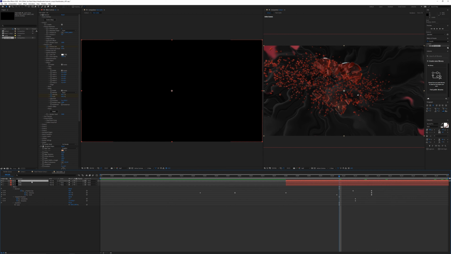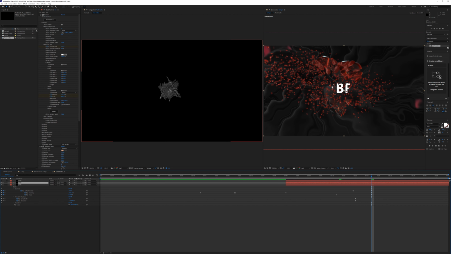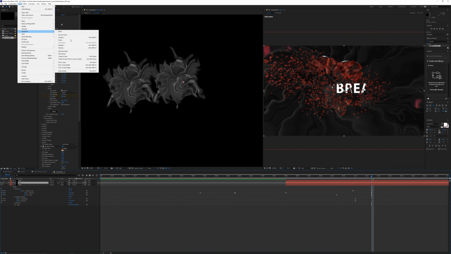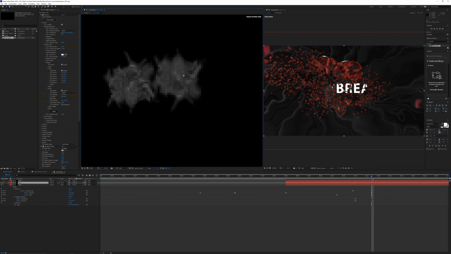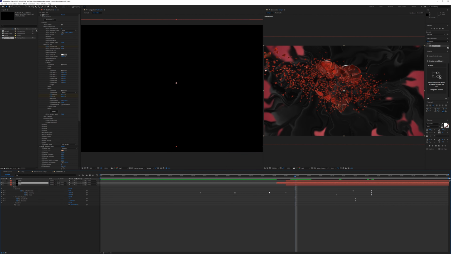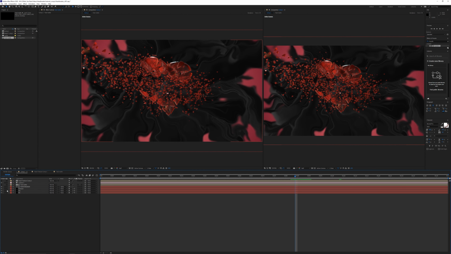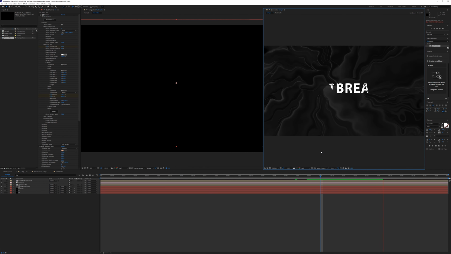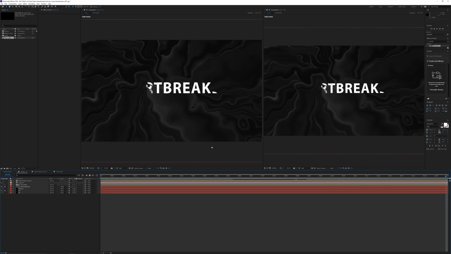Next, I'm going to duplicate this layer twice, and then we're going to just move this over a little bit. So as this appears on the second one, I just want to move this over. Then I'm going to flip the orientation, so layer, transform, flip vertical. I can then offset these keyframes just a little bit to see more clearly in our main composition. Let's go ahead and solo the ink and the text layer, and then we can just preview that as we go. So we can get a pretty interesting looking matte like this.